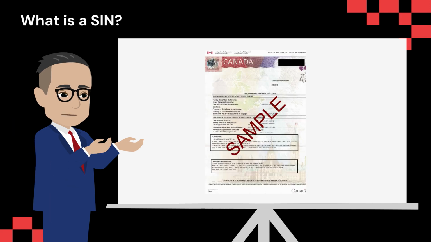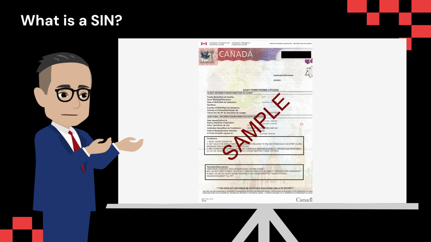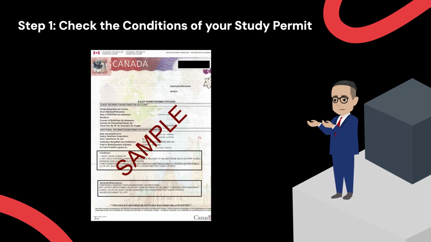You will need a few documents. The first and most important is your study permit. Step 1. Check the conditions of your study permit first, located at the bottom of your study permit document. To be eligible for a SIN, you must have a study permit with at least one of the following conditions,